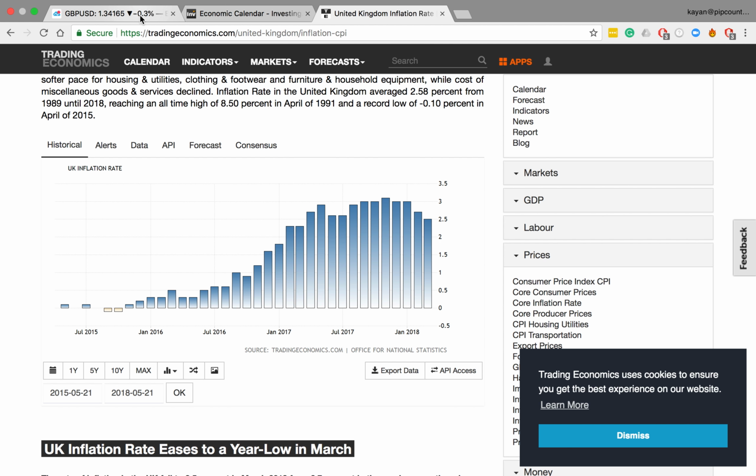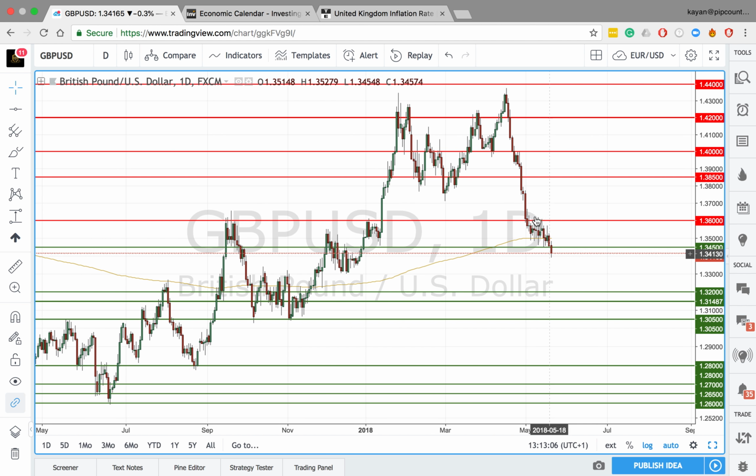Okay, now what will happen with the pound is if inflation goes back up, for example, to 2.7%, then this changes the picture for the pound. This puts more pressure on the Bank of England to hike interest rates because they're trying to get inflation back down to 2%. And while it dropped from 2.7% to 2.5% in the last reading, this gave them more room to wait and see if inflation continues to drop by itself. However, if it goes back up, then there's more chance of another rate hike, so the pound will start to rise back in value, and this is an opportunity for us to buy the pound. Or if inflation drops even further, then of course it's an opportunity for us to sell the pound